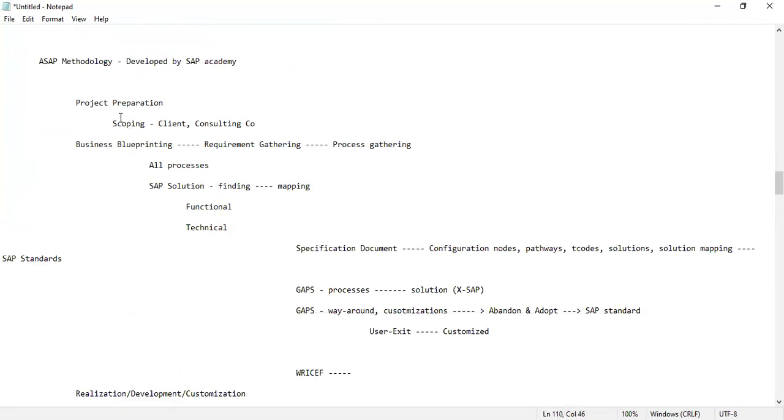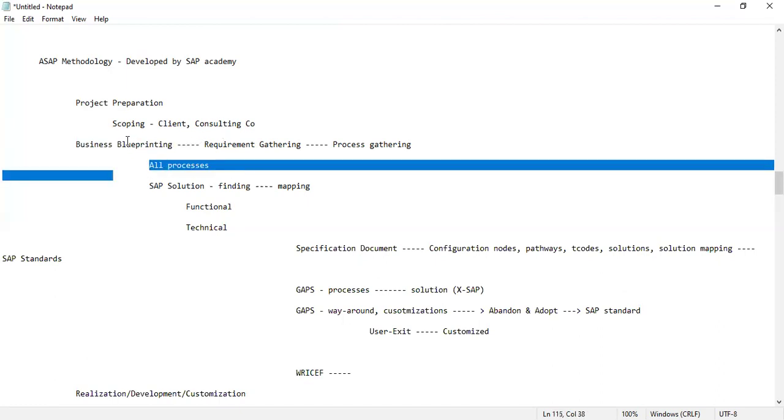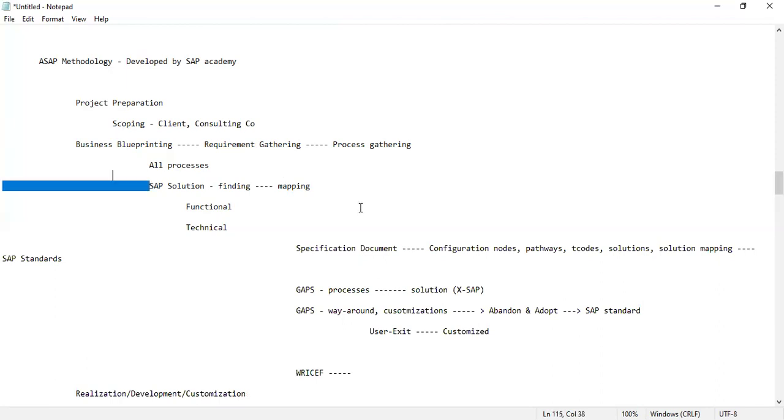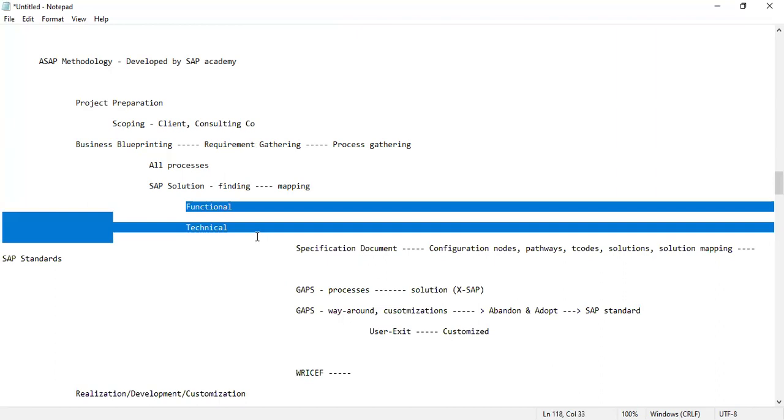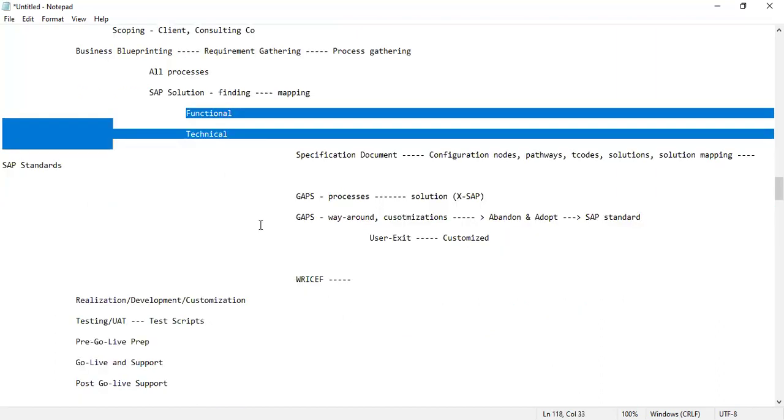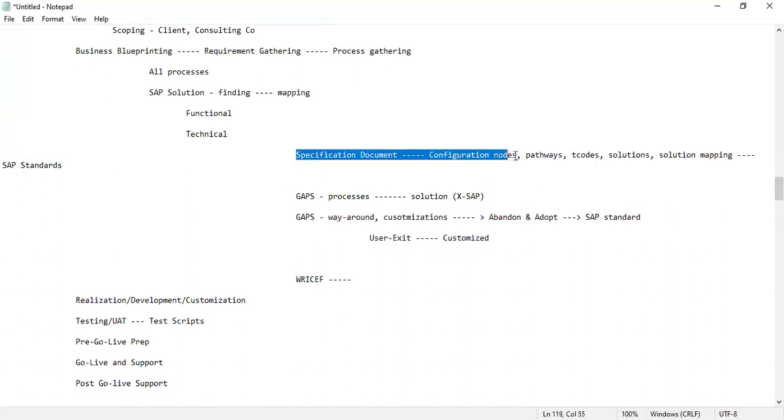So how is a project prepared? First is the scoping, where client and consulting company collaborate. Then we prepare the blueprint. All the processes are collected in blueprinting. Then the SAP solution is done and mapping is done with the business process. All the functional and technical consultants collect all the processes and combine them. The specification document has all the configuration notes, which is prepared by functional and technical consultants. They have the configuration notes, the pathways of SAP, the T codes, and the solutions, and the solution mapping is